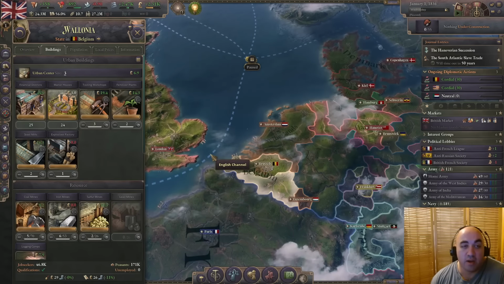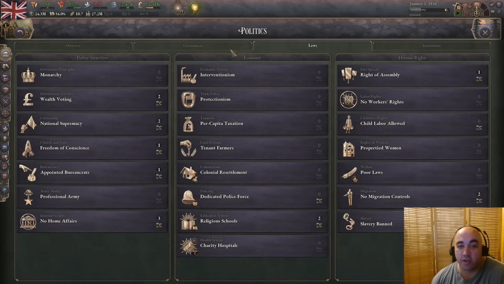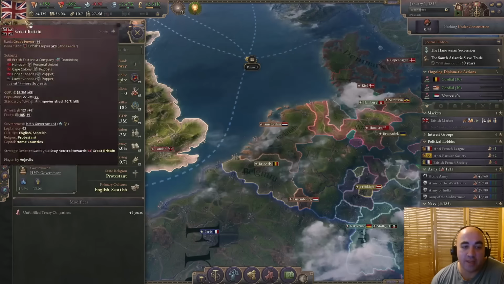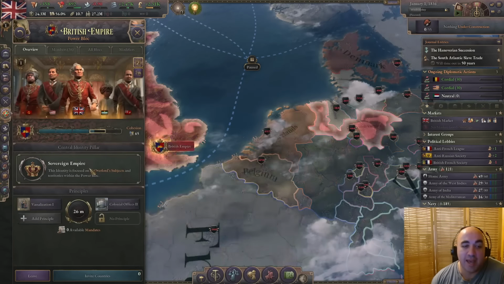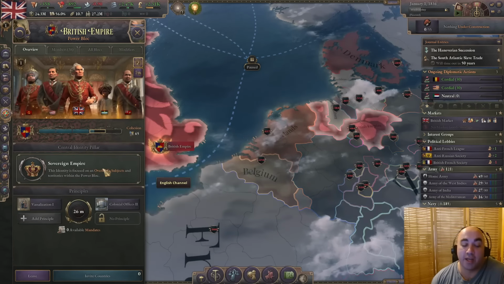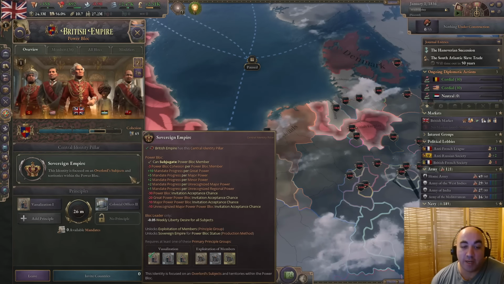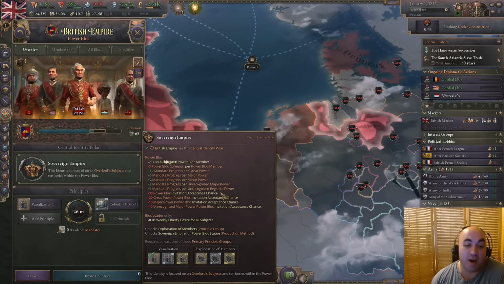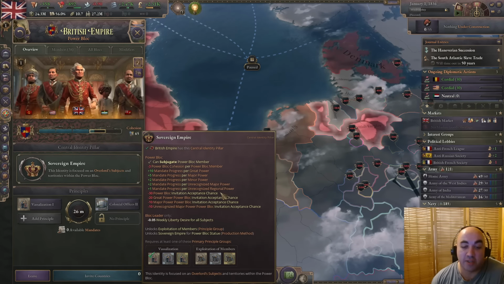And so you're going to want to get foreign investment rights, invest, and then with interventionism, you just don't ever toggle these to be sold publicly, and the state just owns them abroad, and you can slowly sink your teeth into them. This is going to also be really important because this power block is the worst at pulling other people in to your power block, because you have this -30 power block invitation acceptance chance, which of course you